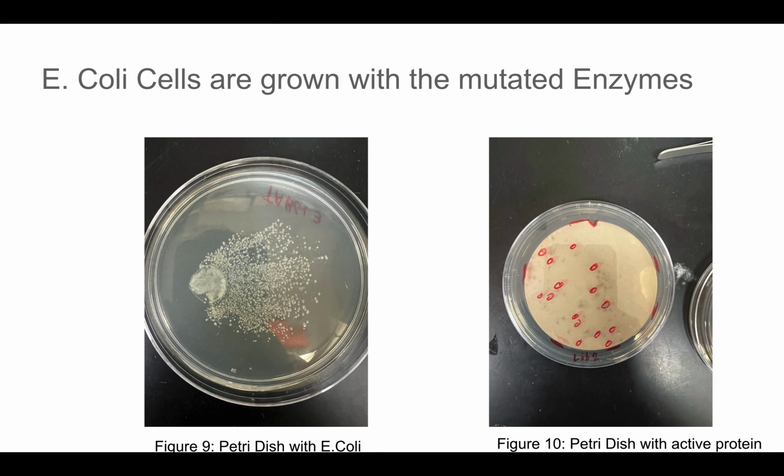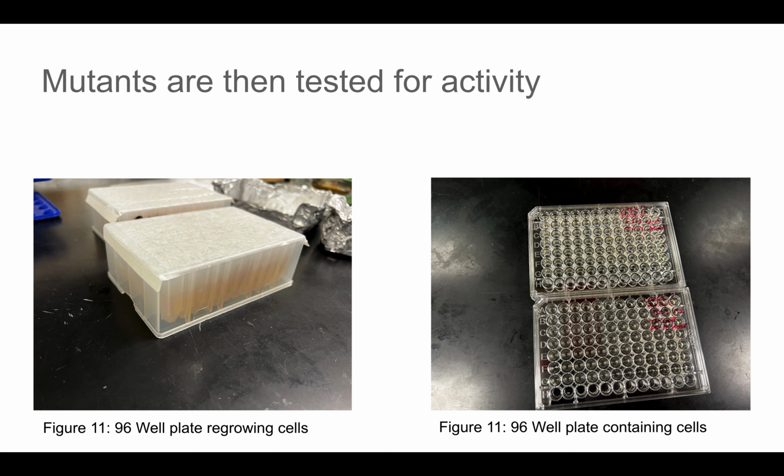We would then isolate them in these boxes that we see on the left, where we would grow them and transfer them to these clear containers on the right, where we could send them in for testing to figure out which mutants are making better enzymes than before, which we would then send for genomic sequencing and publish the results